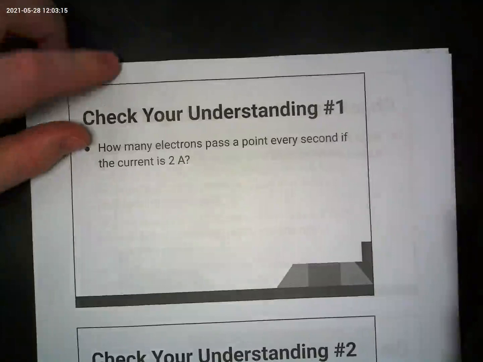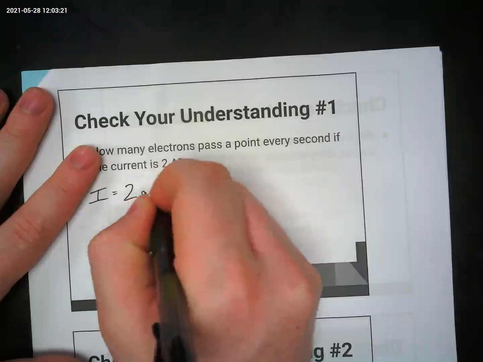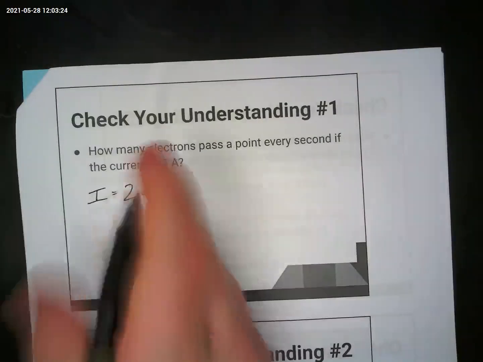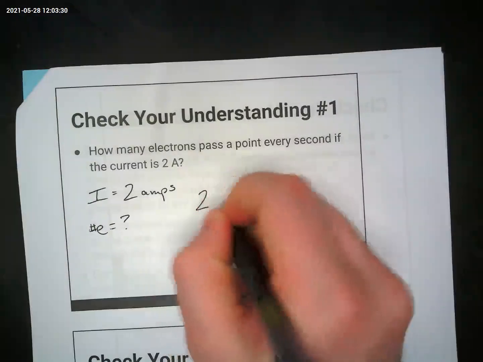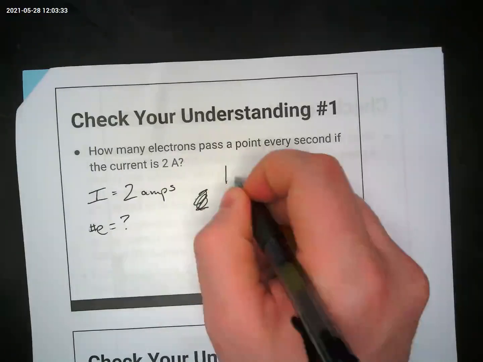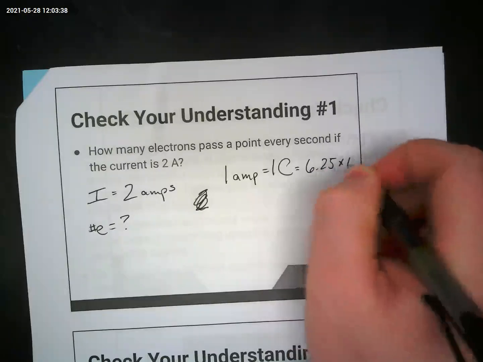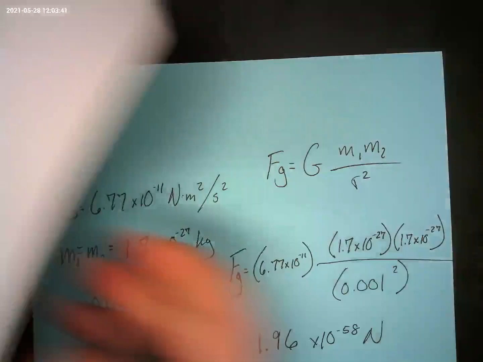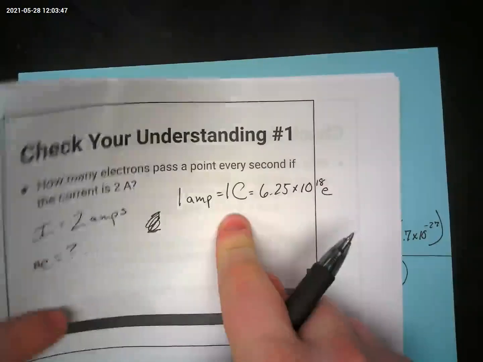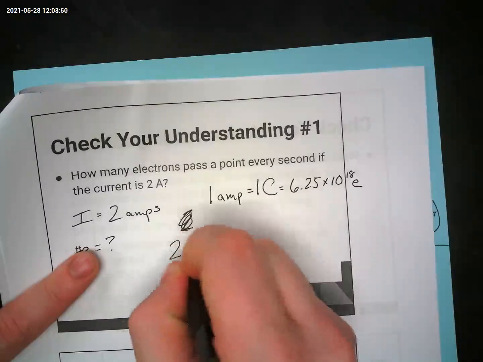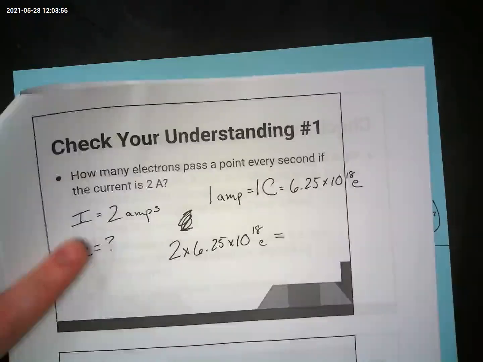So how many electrons pass a point every single second if there's a current of 2 amps? Okay, so we're saying, if we've got 2 amps, what's the number of electrons here? Remember, we know that for every 1 amp, there's 1 coulomb, and in 1 coulomb, there's 6.25 times 10 to the 18th number of electrons. So we've got 2 amps, so roughly it's just 2 times the 6.25 times 10 to the 18th power electrons,